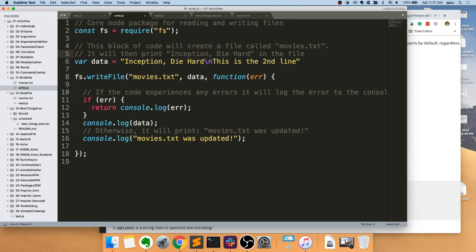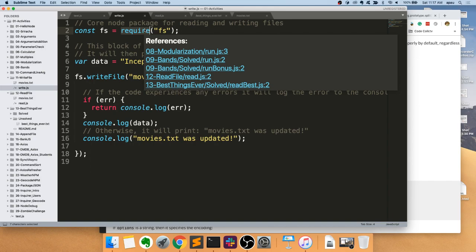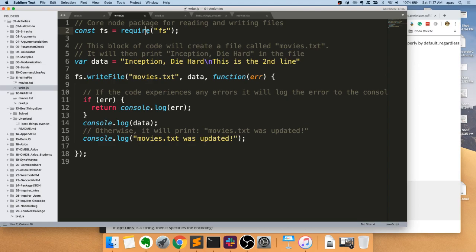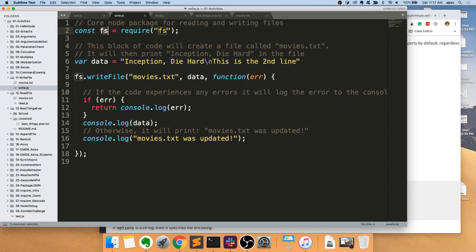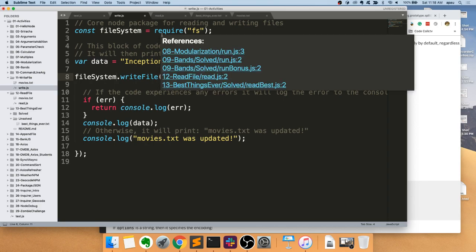In JavaScript, the way you import libraries that you want to use is with require. This require is a keyword. It's a reserved keyword in JavaScript that says I am going to import a library that I want to use. So in this case, I'm saying import the file system library, and I'm going to assign it to a variable called fs. It's just fs for simplicity's sake, but I could have used file system